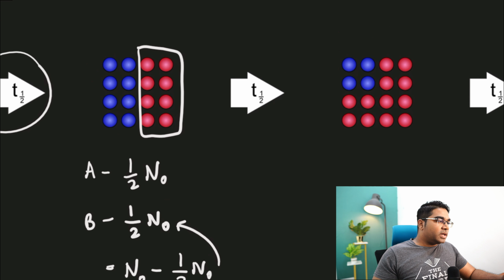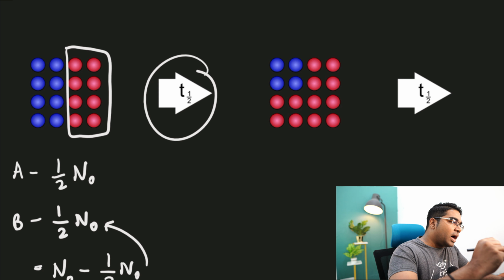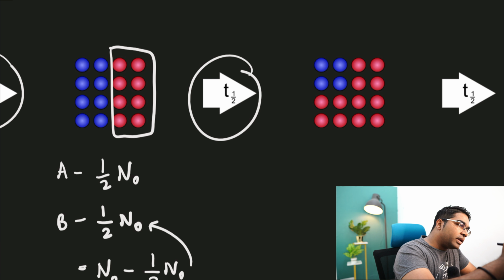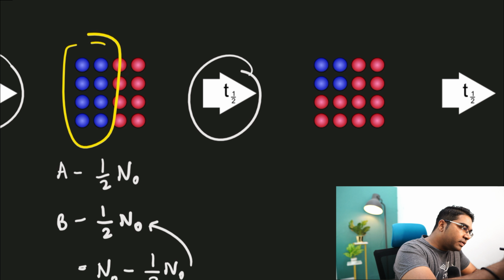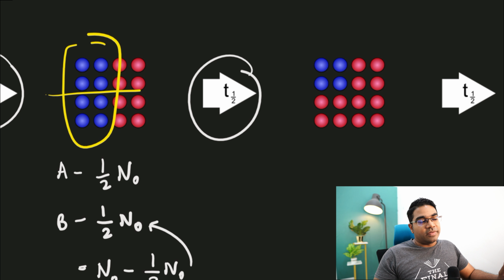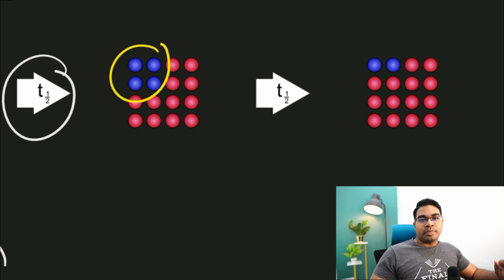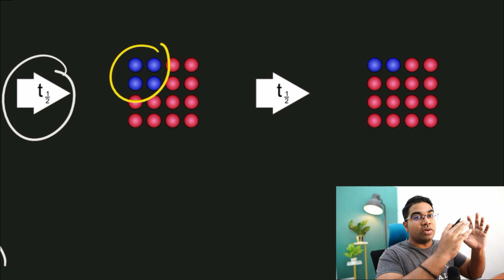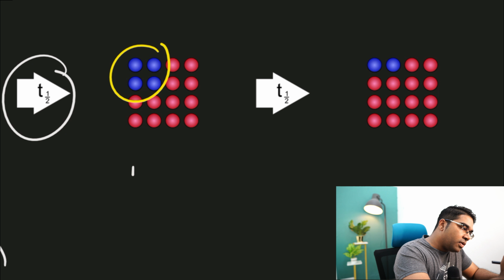And then after one more half-life, what happens is half of this. We are now looking at the unstable nuclei that's left. So the initial value here is actually 8. What do we expect after one half-life? It will reduce to half its initial value. And therefore you can see it has now become just 4. In terms of N0, in terms of the original number of radioactive nuclei, this is now only a quarter. So this is 1 over 4. The number of nuclei of A is 1 over 4 N0.